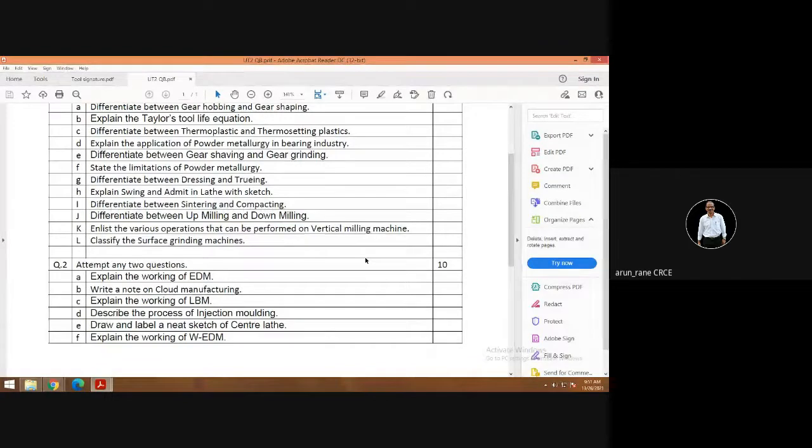Then the solid state, radiant, chemical, you can skip. That is not important. Then bolted joints and riveted joints are simple, and they are important also. Forming processes: rolling, forging, extrusion, wire drawing are important. In sheet metal, the types of presses, then the types of dies: compound dies, combination dies, progressive die.